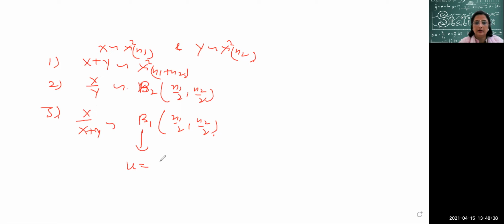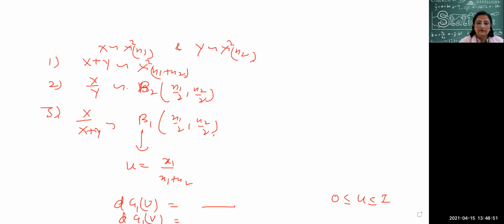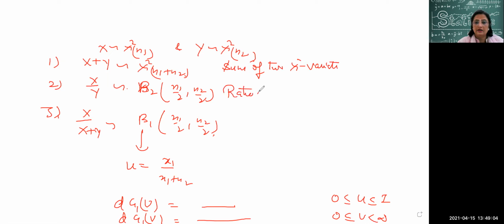Or in this case, what we have done right now, where you have taken u equal to x1 upon x1 plus x2. When you write the joint differential of u, the limits you write are 0 less than or equal to u less than or equal to 1. When you write the joint differential of v, you write the limit 0 less than v less than infinity. So this is the sum of two chi-square variates is a chi-square variate. This is the ratio; the ratio of chi-square variates is not a chi-square variate, rather it is a beta distribution of second kind. So that's all about today's